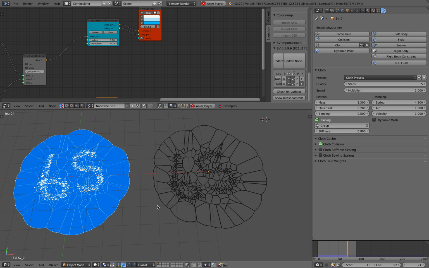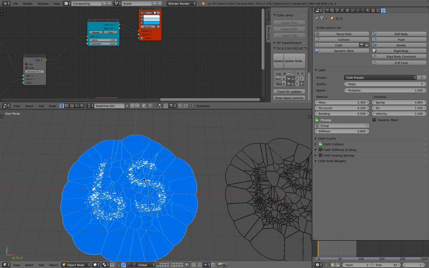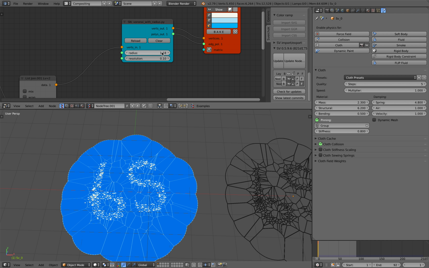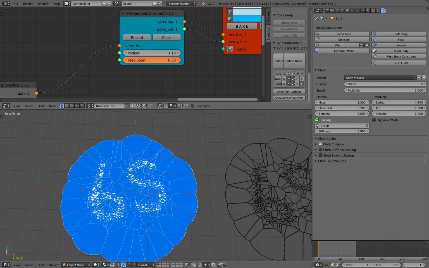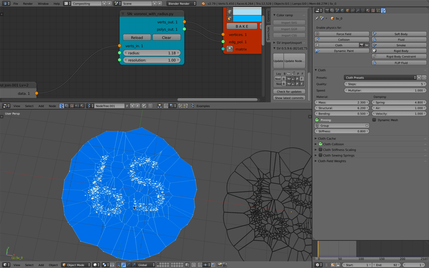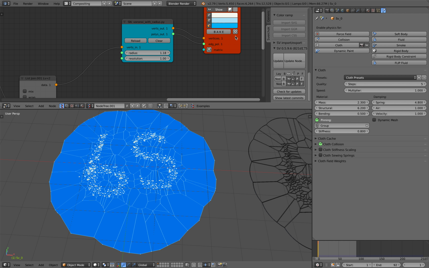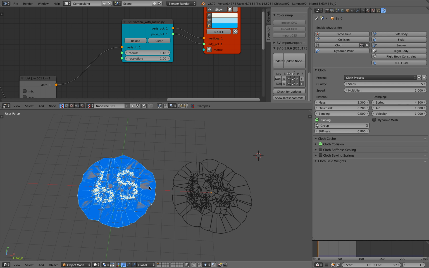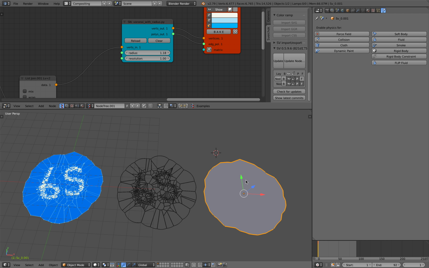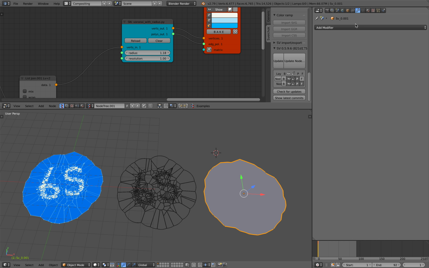Oh, I think there's one more thing that I forgot. So this Voronoi, you can adjust the resolutions. If it's 1, you're gonna get fewer points at the edge. There you go. This is probably cleaner and simpler. Alright, so bake, get that, and